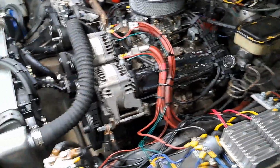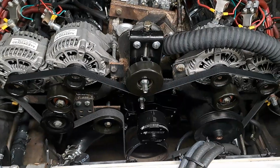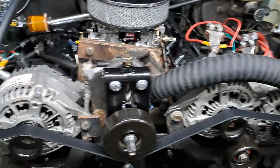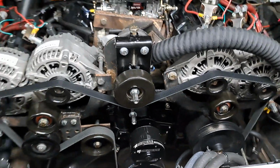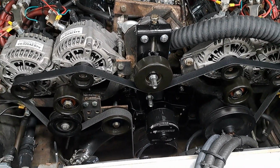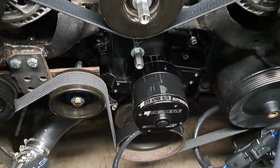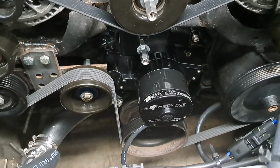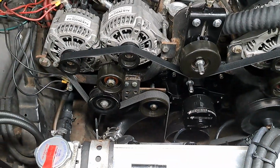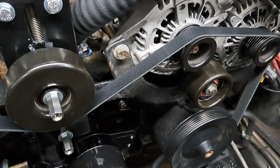And just to give y'all an update on this Meziere electric water pump while I'm here. I wanted to try different belt wraps, because me taking off the manual water pump, there was a 6-inch pulley on it, and there's no pulley on the electric one. So that made the belt like 10 or 11 inches smaller. And I did try a belt, as you see, that I bypassed